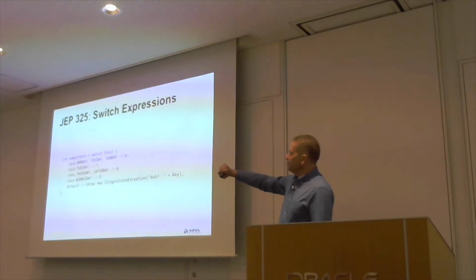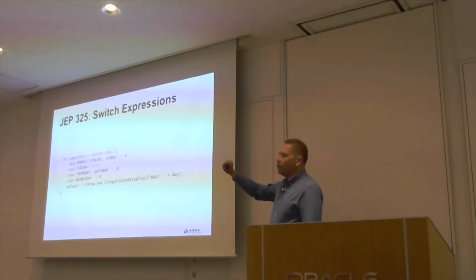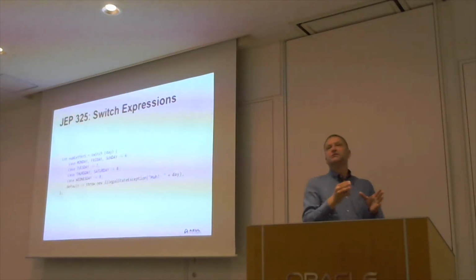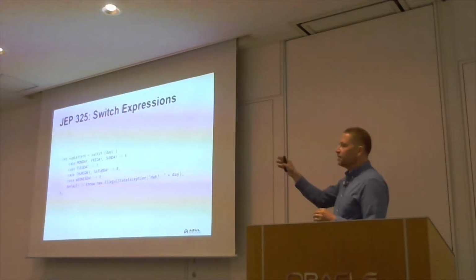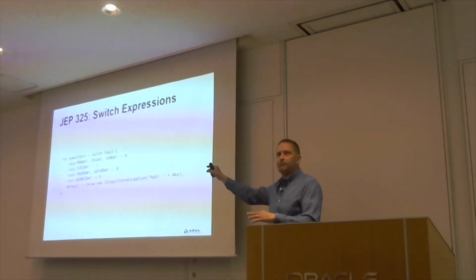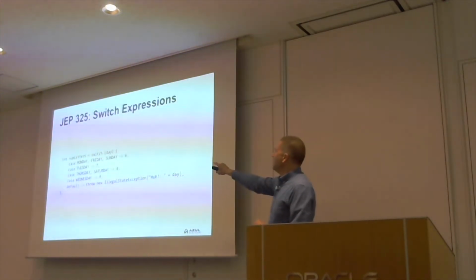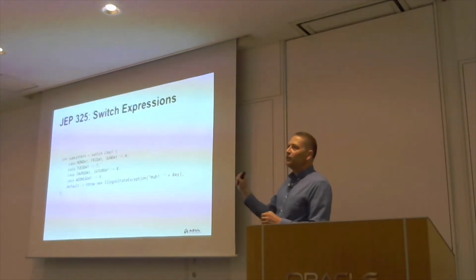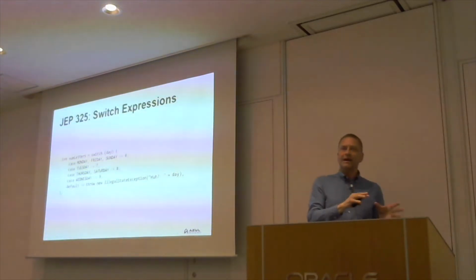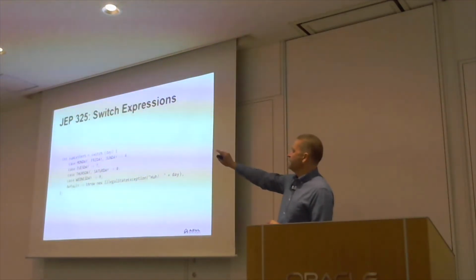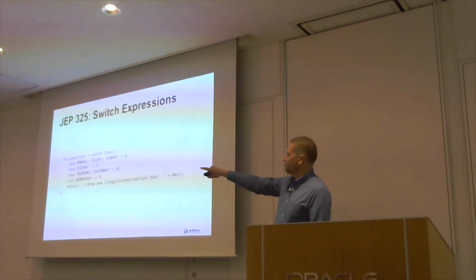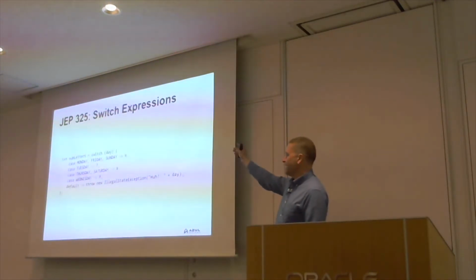We switch on day, as we did before. Now, rather than having to have a separate line for each value with a colon, we're also going to allow comma-separated lists. Man, it took 23 years to figure that out. And then we'll steal some of the syntax from the Lambda expression, and we'll say, in the case of Monday, Friday, or Sunday, then we'll return 6. Case of Tuesday 7, Thursday, Saturday 8, and so on.